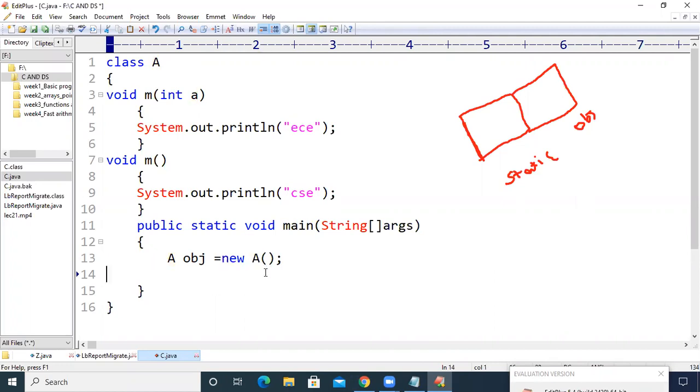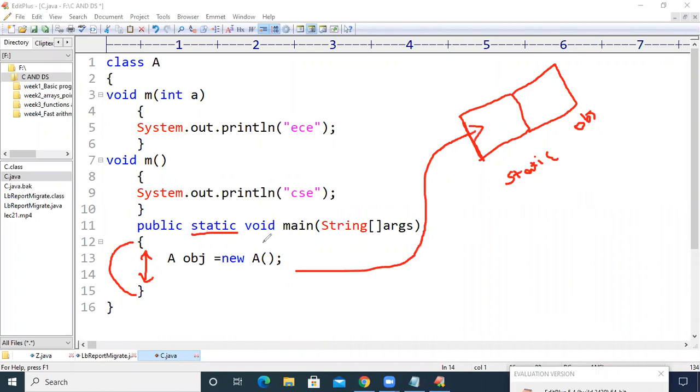Now what will happen is, there is a static keyword here for this block. The statements which are in between these two braces are directly moved into the RAM.